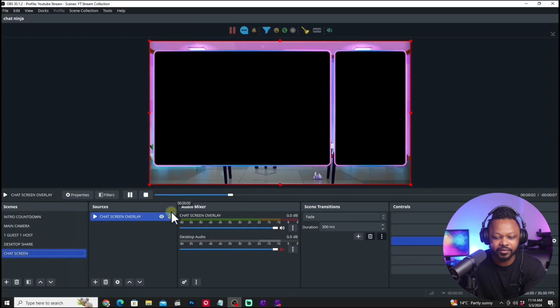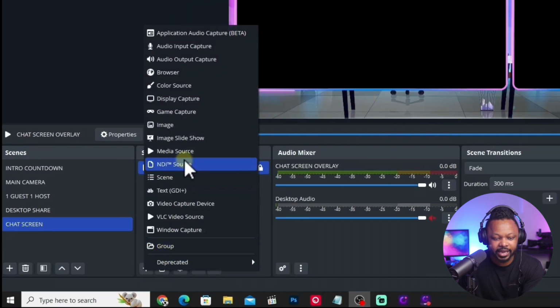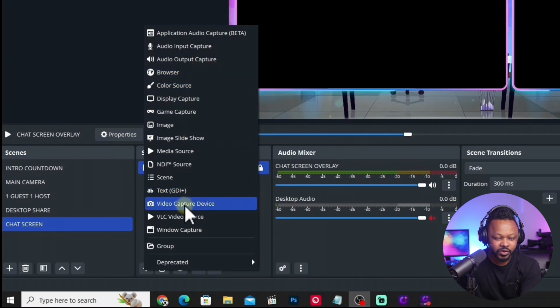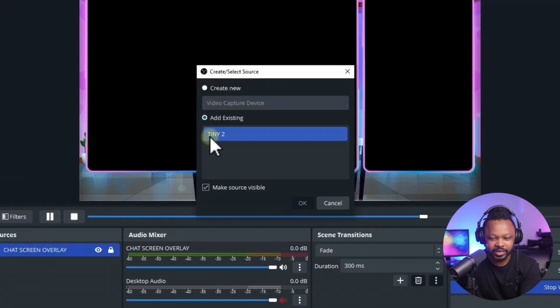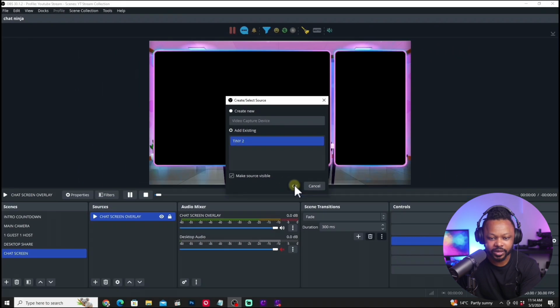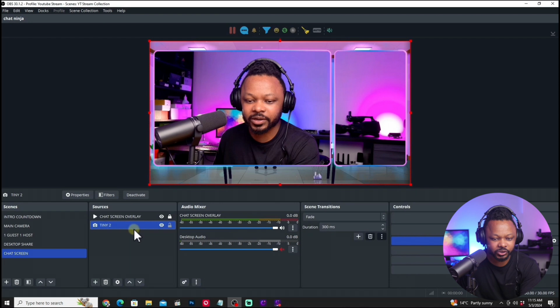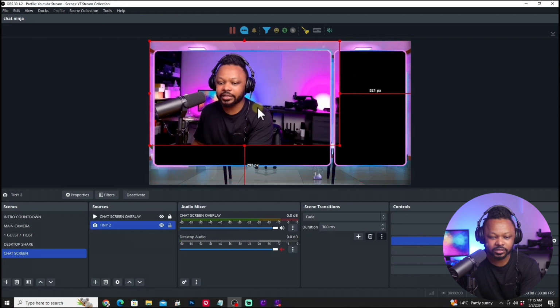As you can see, we have a canvas that looks really good, and what I'm gonna do is hit the plus sign and add a camera. So it's gonna be a video capture device, and it's gonna be our Tiny 2 camera. So I'm gonna add existing, and hit OK. This time, of course, I'm gonna make sure the overlay is on the top and it's locked, and then